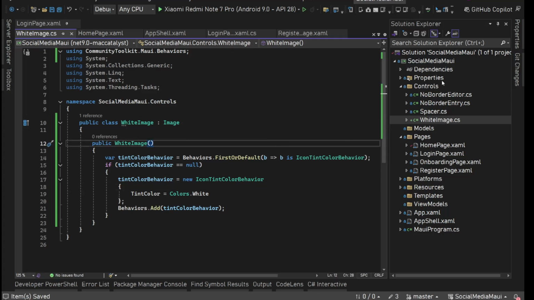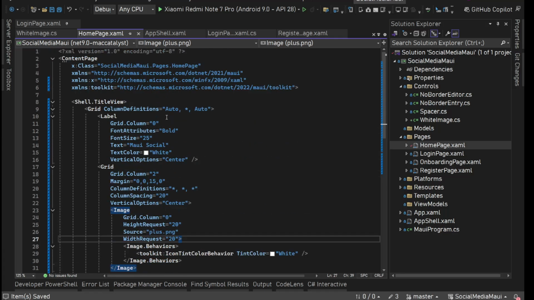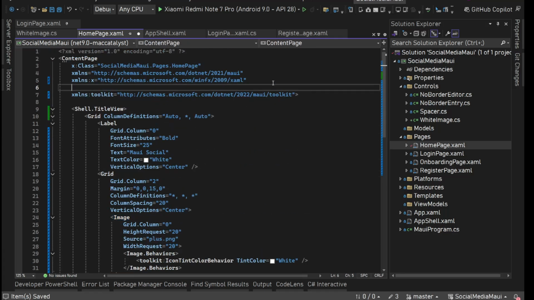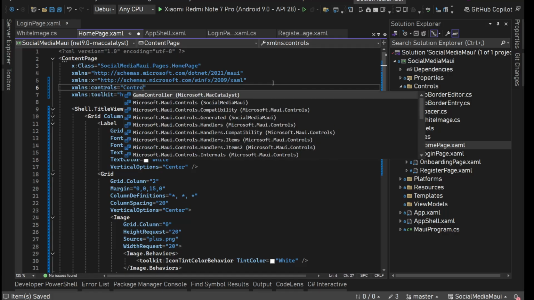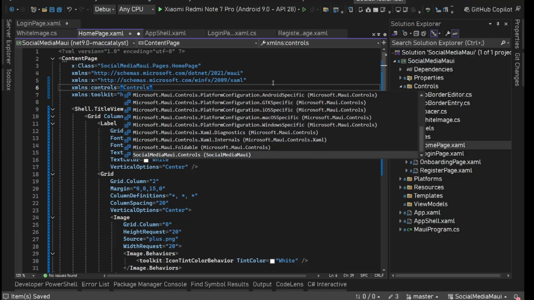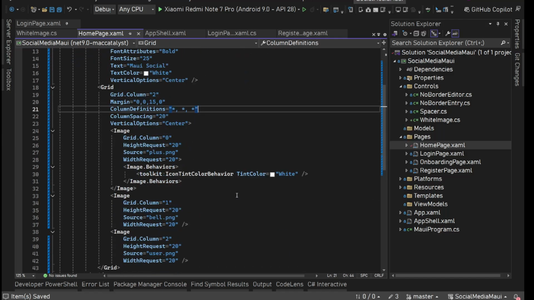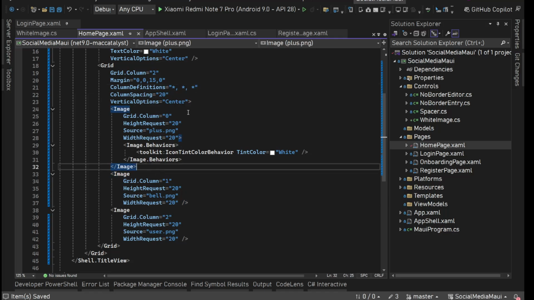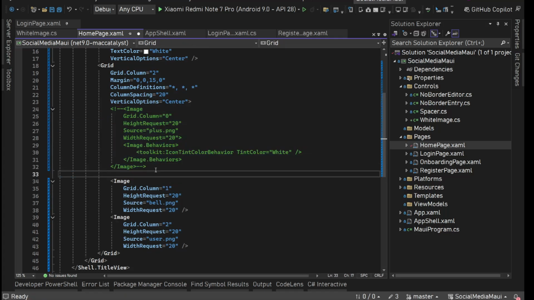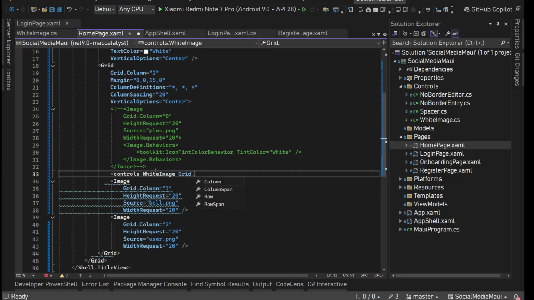Now this is inside Controls, so the namespace is Controls. So we need to add this namespace. xmlns:controls, we'll say controls from our application. Save it. Now if we see here, I'm going to comment this out for your reference. Right. Here we can use WhiteImage. On this we can access everything. So we'll say Grid.Column 0